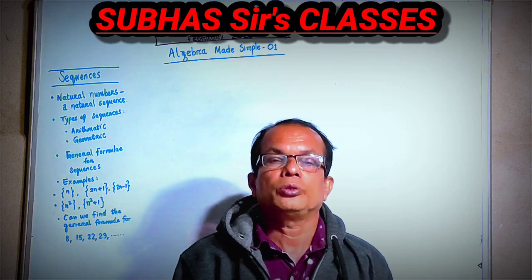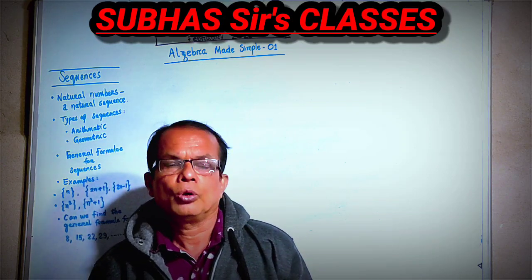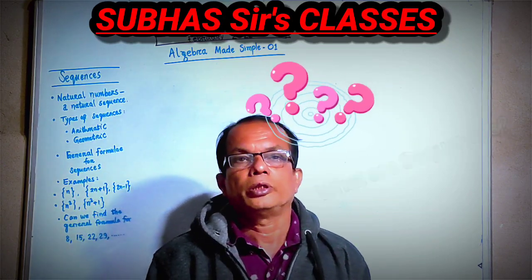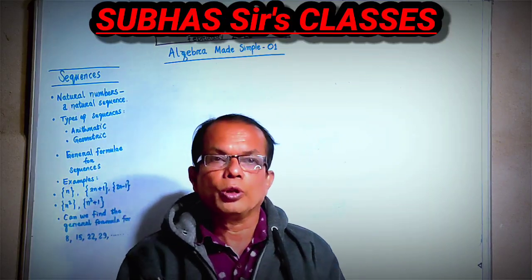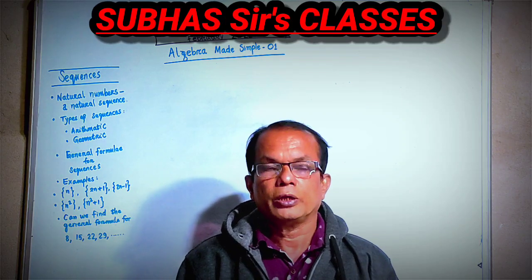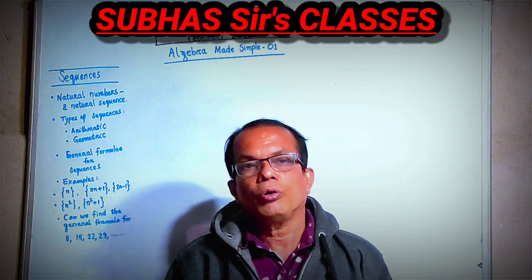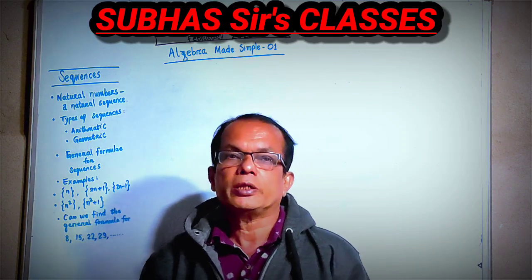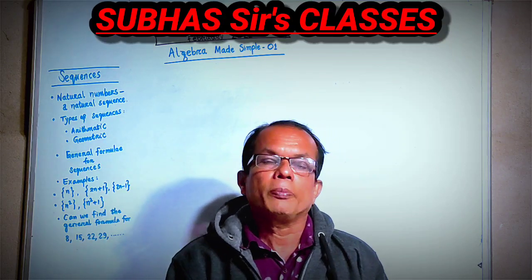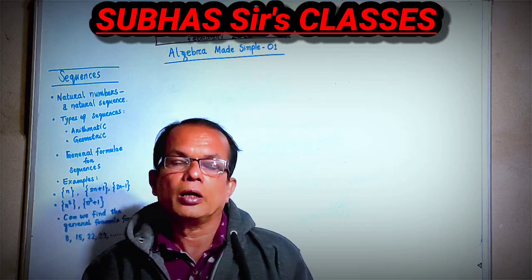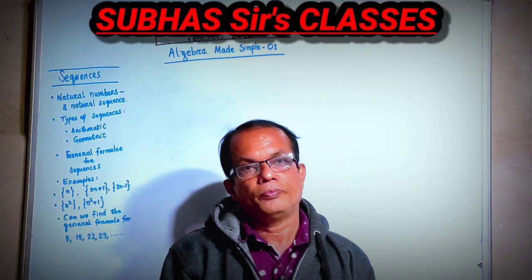The topic of discussion today is sequences. What are sequences? Sequences are numbers or arrangement of numbers in a particular manner, a particular fashion, so that every successive number, every successor, is somehow linked in the same way to the predecessor. So if we have 10 terms in a sequence, the first and second, the second and third, the third and fourth, all should be connected with the same formula, the same way.